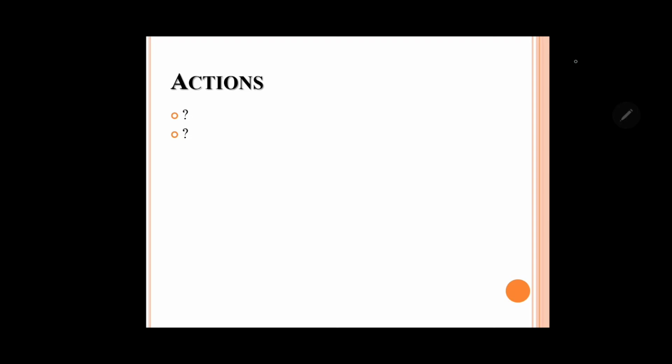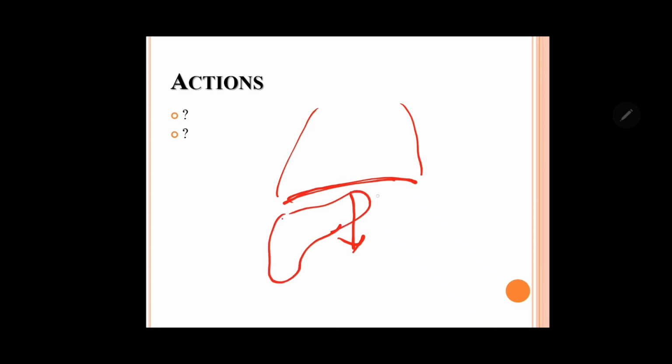Action. So what is the action of the diaphragm? It is the primary inspiratory muscle, or we can say the principal muscle of inspiration. It increases the vertical diameter of the thoracic cage during inspiration. It contracts and descends, dislodging the abdominal organs like the liver, spleen, and other organs related to the diaphragm, and increasing the vertical diameter of the thoracic cage so that the lungs expand.